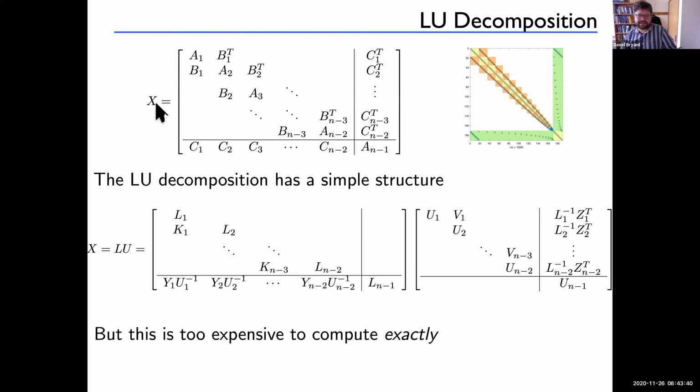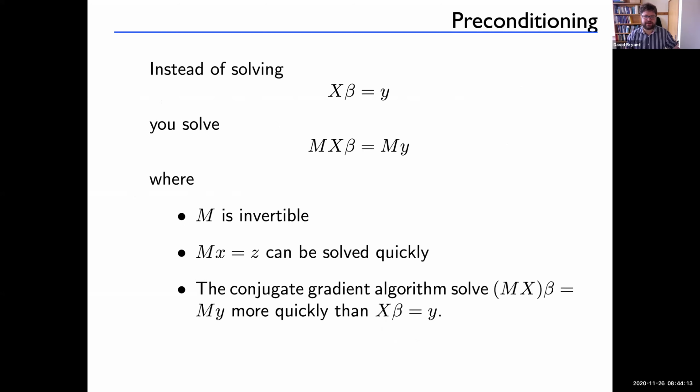Now, if you're trying to solve a system, we've got a big matrix here, and I've just given these yellow and orange blocks and everything names, A, B, and C. So the first thing you might look at is constructing an LU decomposition, which is what you get with Gaussian elimination. And yes, indeed, it does have a very simple structure, but even with that simple structure, it's still way too expensive. It's like n to the 4 in order to calculate that exactly. And that's just too slow for something that's right in the middle of an algorithm.